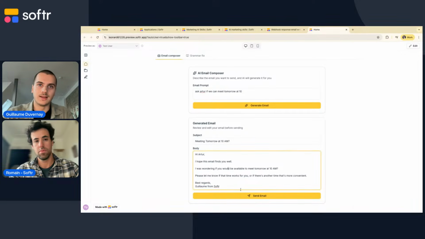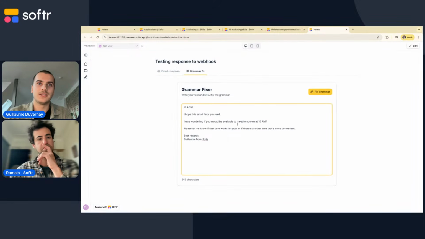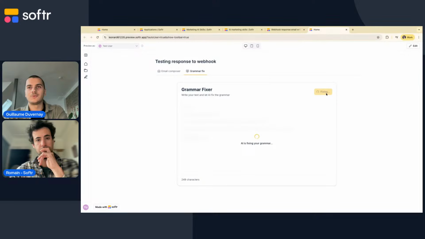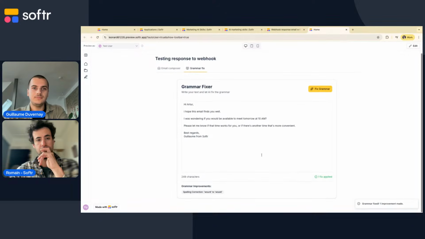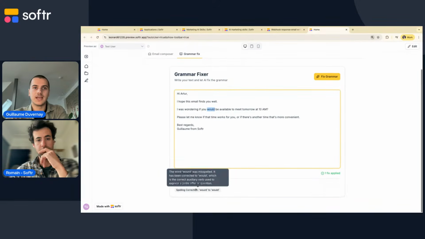And if I make a grammar mistake here, I can just maybe copy that and paste it there. So here there is a mistake. I have another variation where I just click fix grammar, and it will send my text and listen to the response that contains the cleaned text. So this one is now correctly spelled. And we also got a sort of payload with the number of fixes and which fixes got applied immediately, from this AI processing right here.